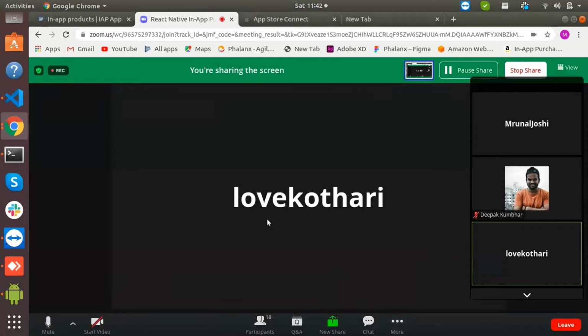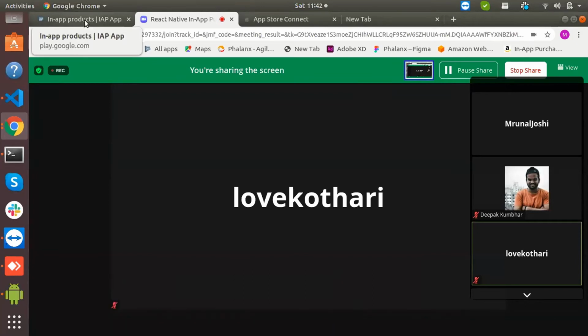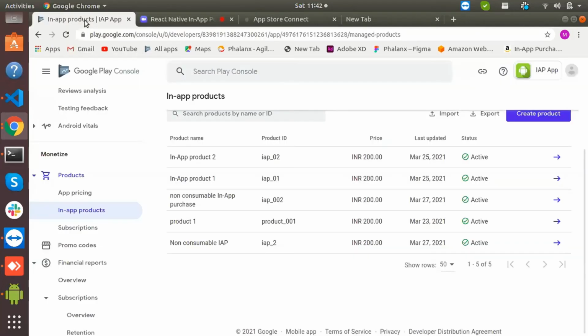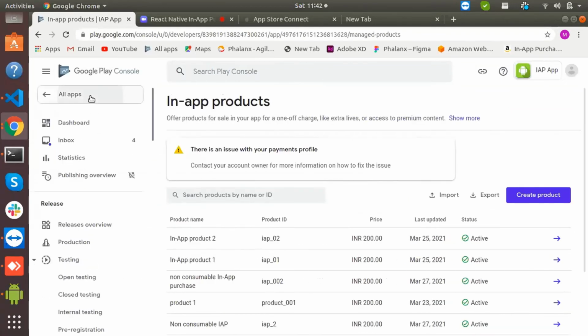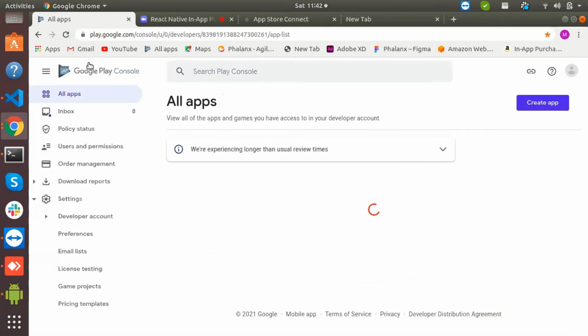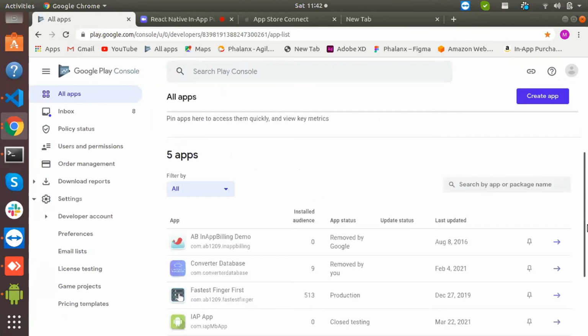Yeah. So first we will see how we can set up the in-app purchase on Google Play Console. Then we will come to the demo part. Basically, this is the Google Play Console dashboard.